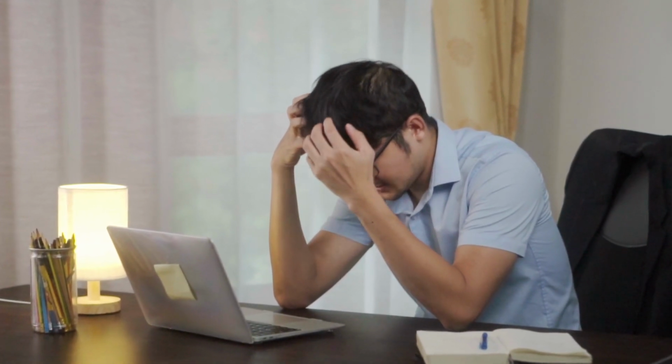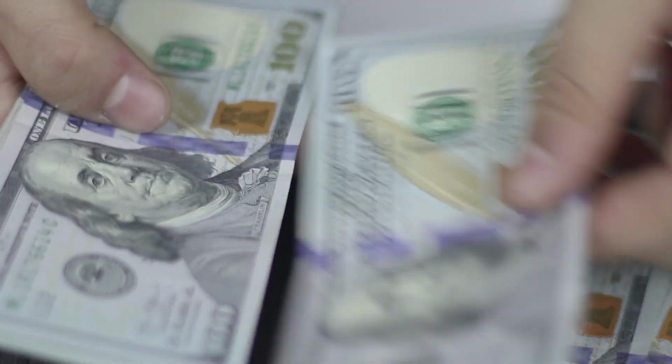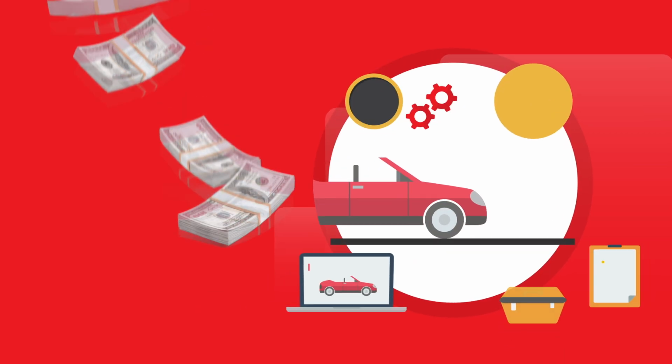Flipping car parts can be a gold mine. However, it can be very frustrating when the same things keep reappearing out of nowhere. And I have the answers to all your questions, as I've struggled with all the things that one does on the way up, which covers the process of making sure for a fact that you'll make money from the car